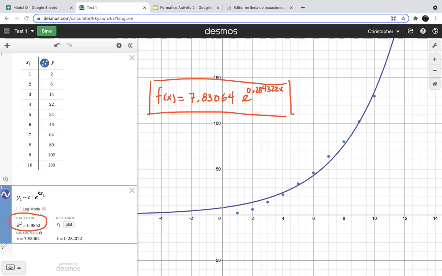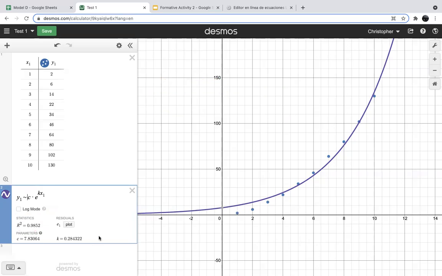In this case, I'm very close; the average distance between the dots, the coordinates, and my model is very small. The closer this value is to 1, the more reliable the model is. The closer that value is to 0, it means that the variance is very high and the model and the data are too far away from each other. So in this case, it looks like we have a reliable model, and we're going to insert our function, but